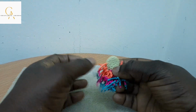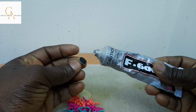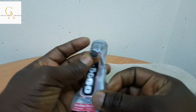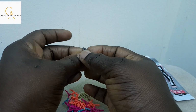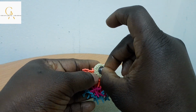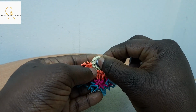All right, so I'll go ahead and put my stud here. With the help of glue, my F6000, I recommend this F6000 to every beader. In case you want to use any glue, you should consider using this F6000. I don't want it too much. Then I close it, and I advise that you use this in a well ventilated area. So I'll turn the back like so, and then I'll put it in the middle right from here. Give it a press, a little press. Yeah, and then you leave it for the next